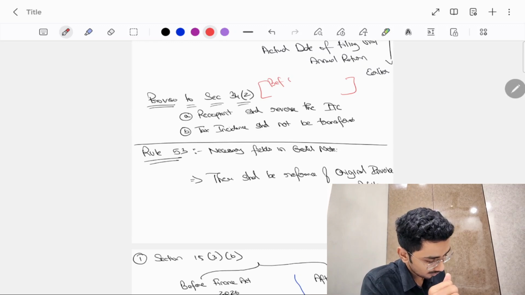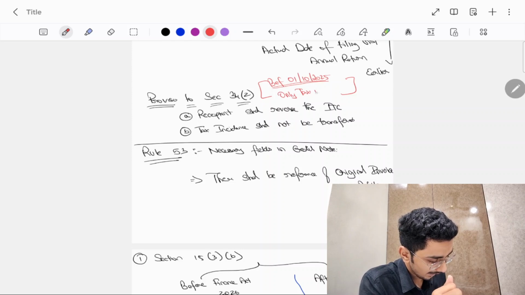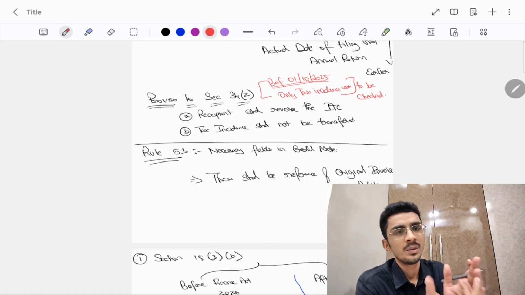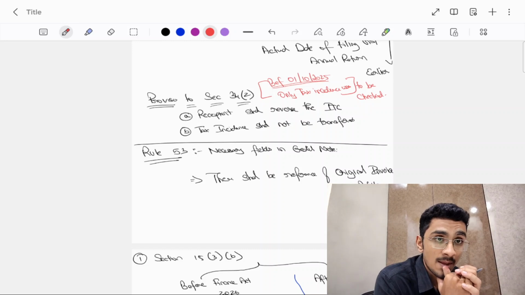Before 1/10/2025, only tax incidence was to be checked. Now it is something of a new provision, even though there has been an addition in the section, but in a way,